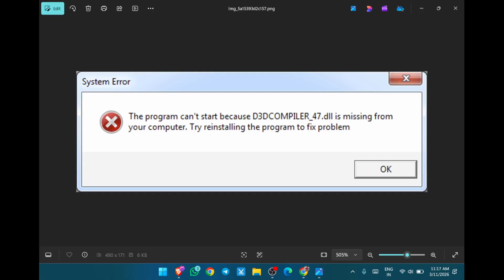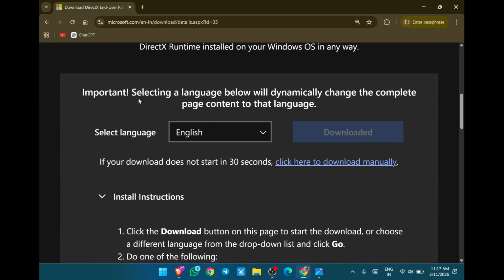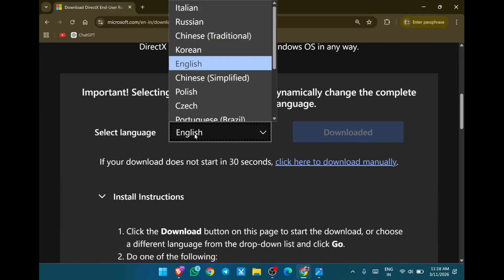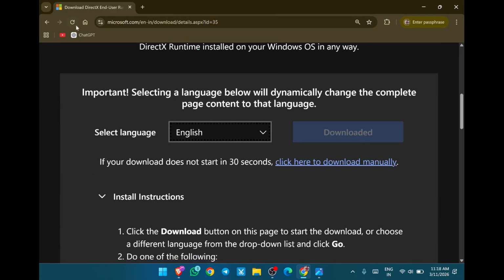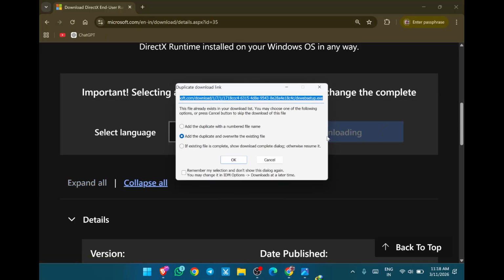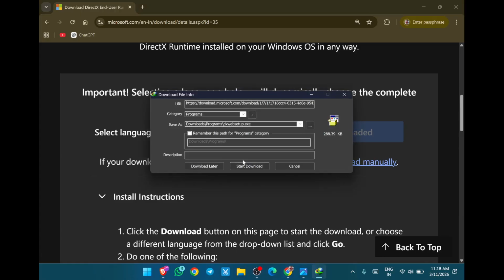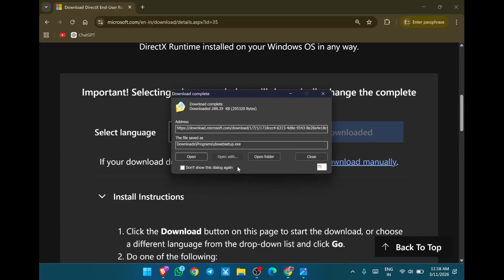First, open your favorite website and then navigate to the link that you can find in the video description. After that, scroll down a bit, select your language and then click on the download button. Once the download is complete,